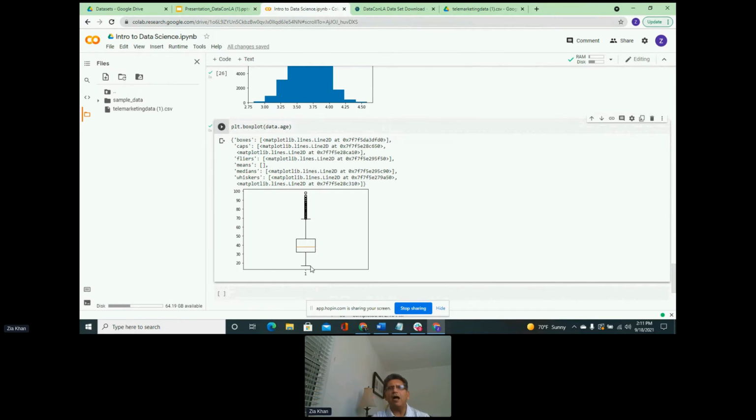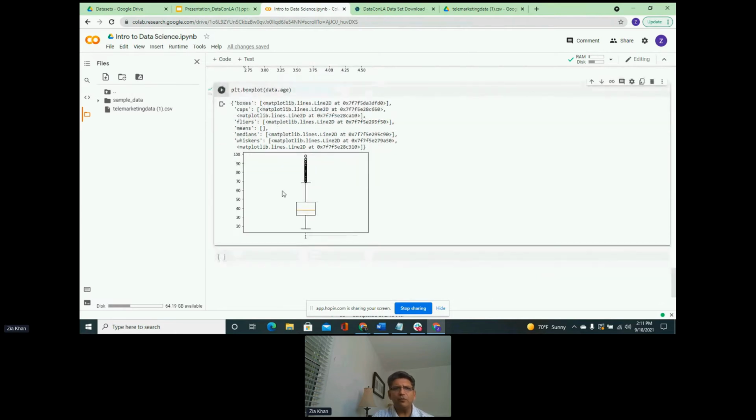This is how you can see if you have outliers, and maybe you want to explore those outliers a little bit more, to understand what kind of values are there in the data that are above 70 years of age.